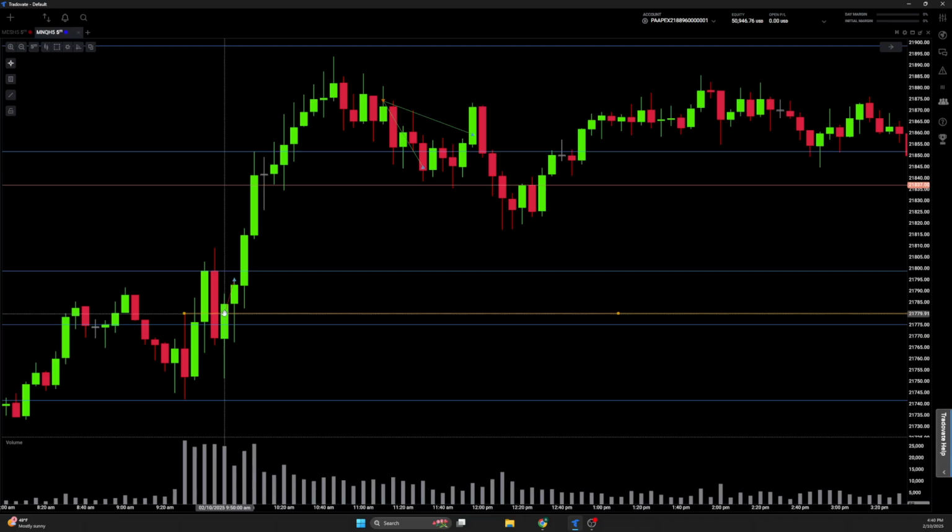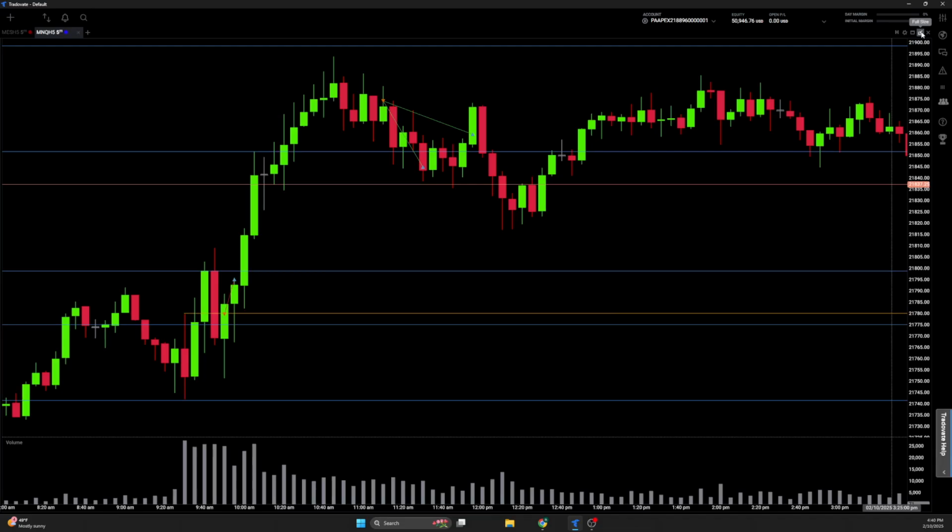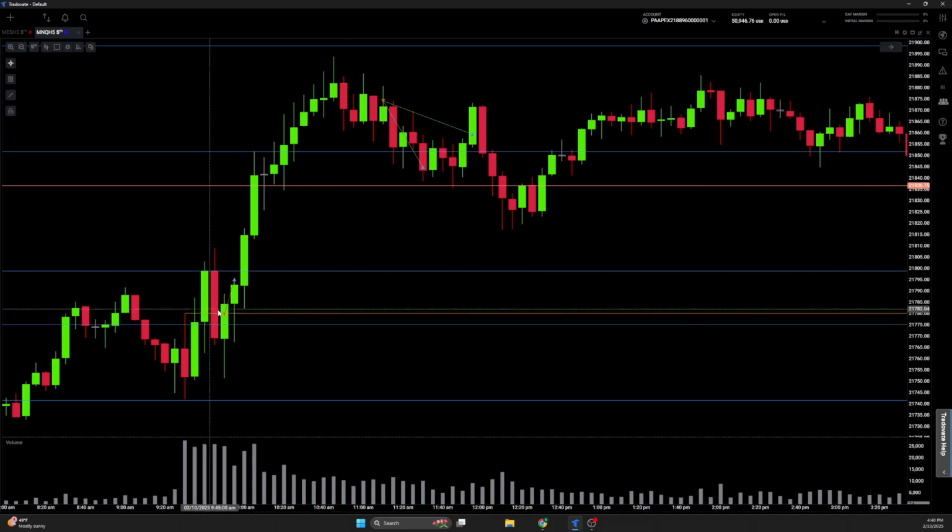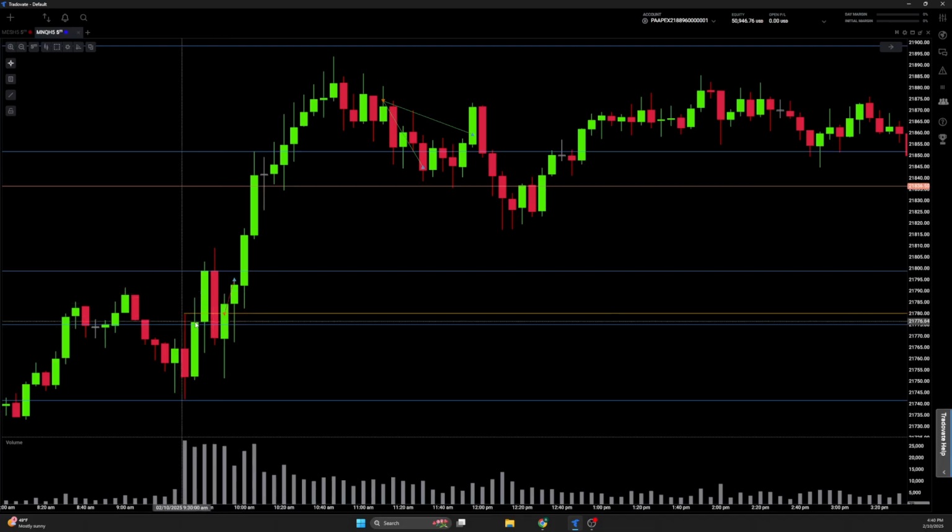This trade was a loss, and I could have avoided this loss if I had followed one of my main rules, and that's to wait for a 5-minute candle to close to confirm my trade idea, right? So if I'm looking for a rejection here, I would want to see a 5-minute candle try to test that, similar to here, right? Try to test it, fail to close above it, and then I would enter after I get that confirmation on the 5-minute, which I did not, right? This 5-minute